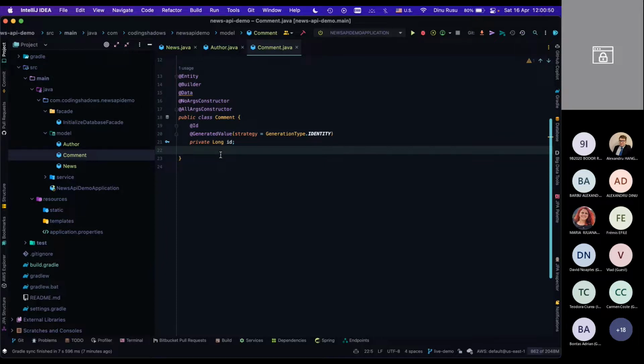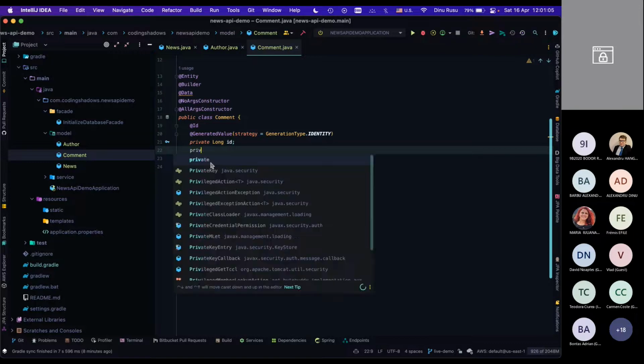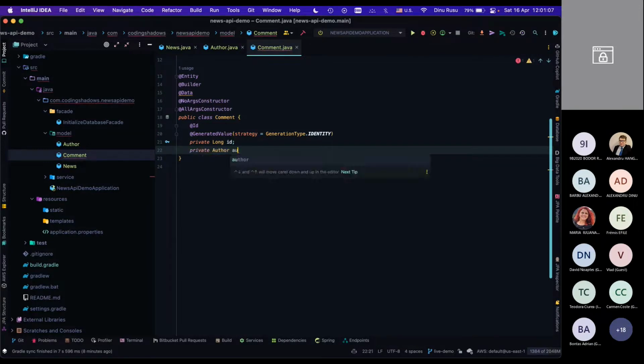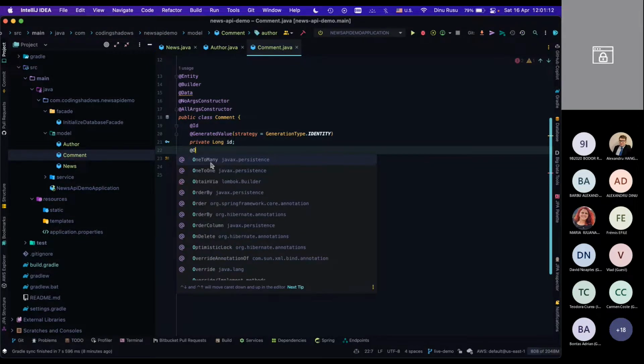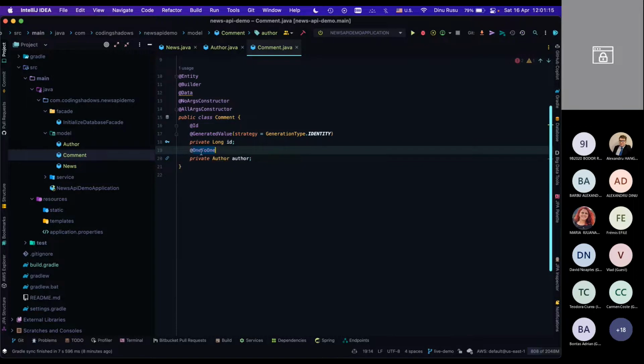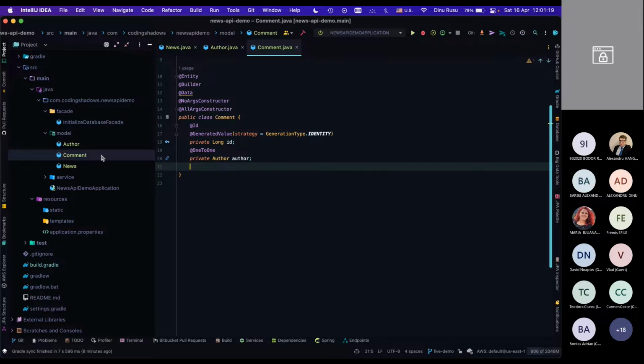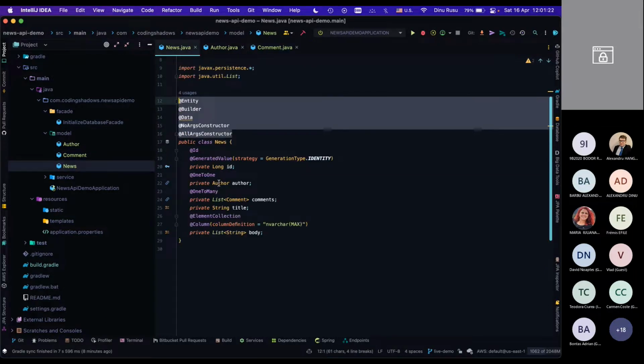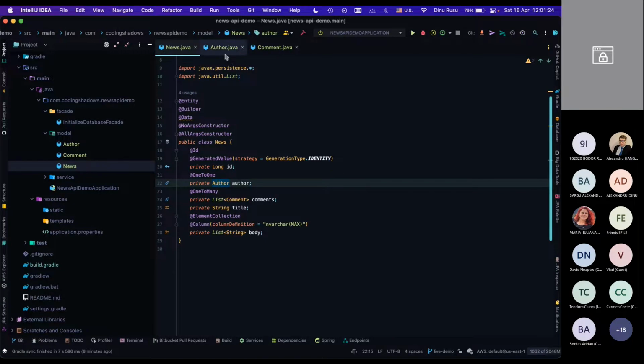Good. Now each comment will have an author, and it would be quite nice to have the same author object as before, because I'm a bit lazy and I don't want to write a comment author model, so I'll just use an article author like the model, because they can be different. They'll just be different types, not different fields in the author. And I'll have again a one-to-one mapping, and if you take a peek in the news, I have this comments list, so I have to